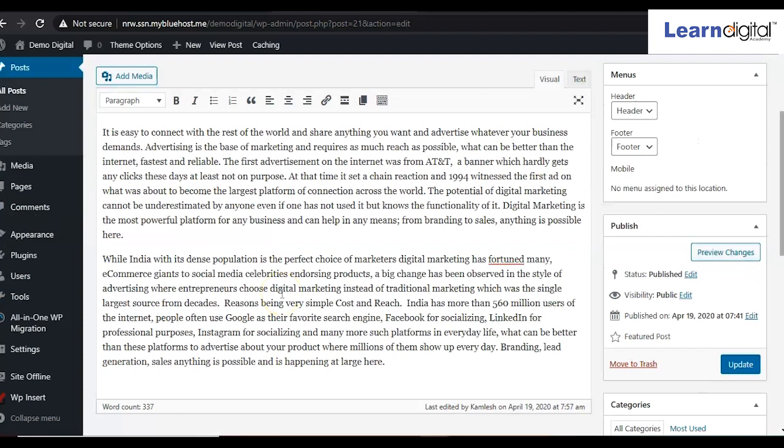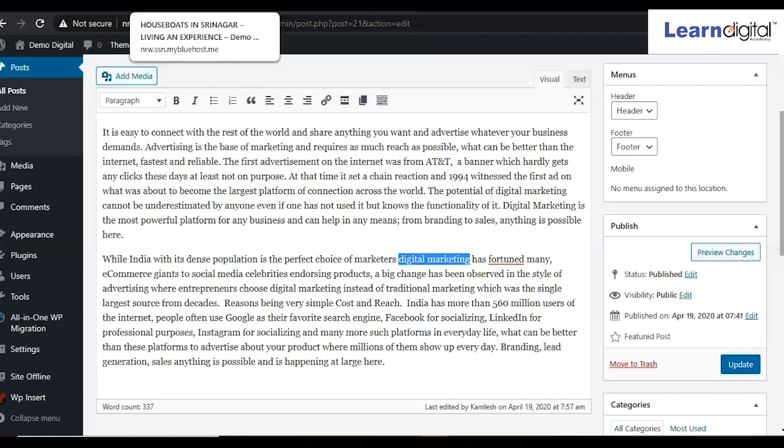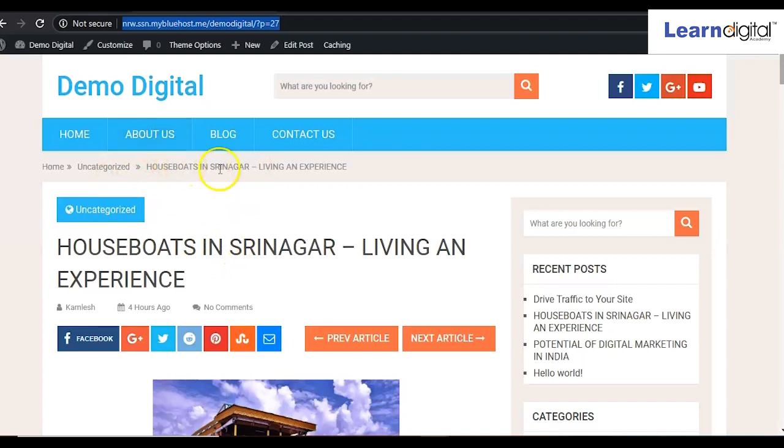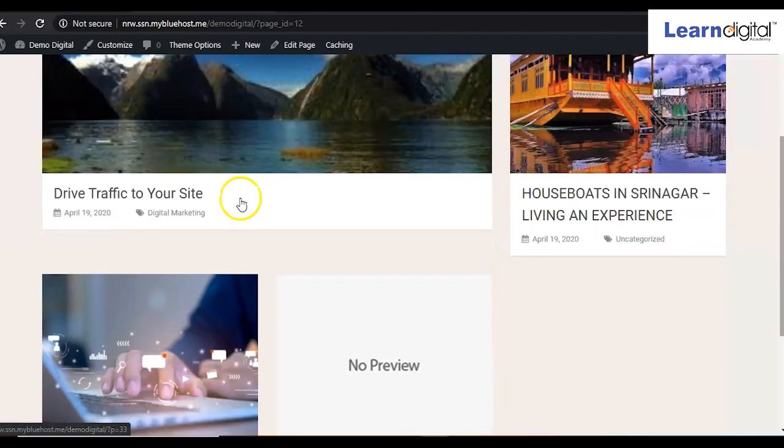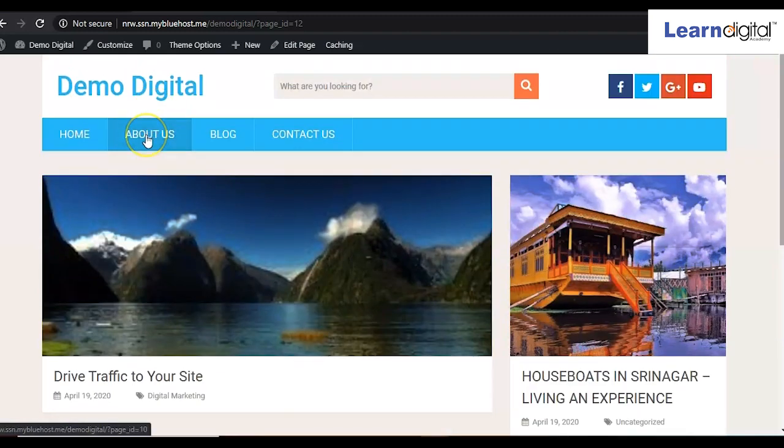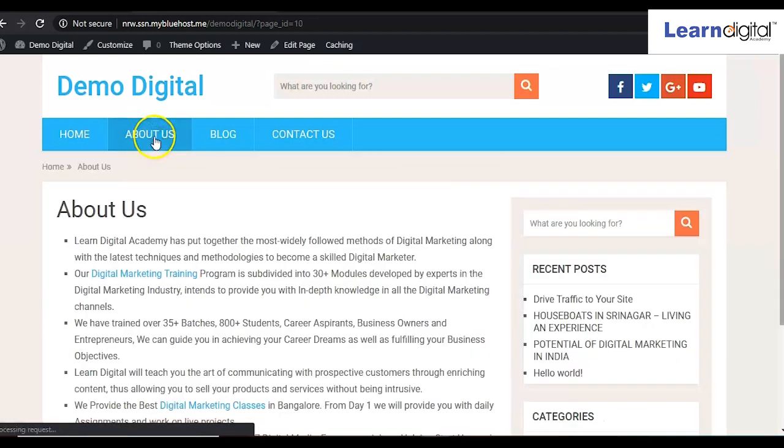And one more link I want to create, for example, "digital marketing". So again, I'll come to the front part, and whatever page you want to send to the user, for example, the about us page, with that link I want to send the user to the about us page. So I'll click on that and copy this URL.